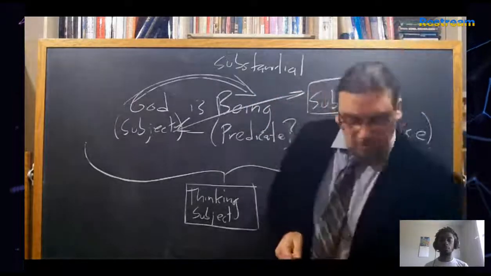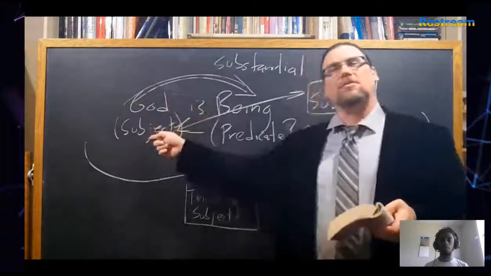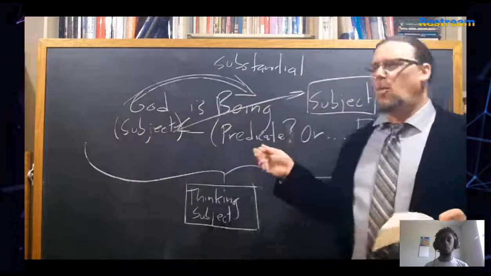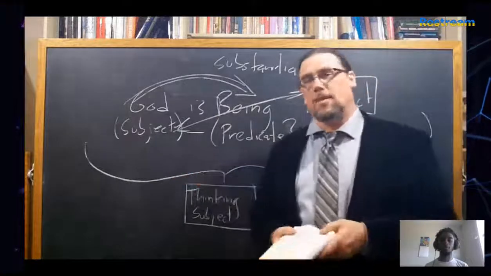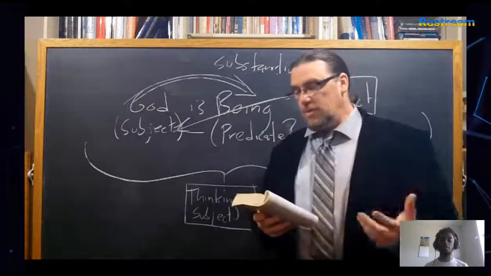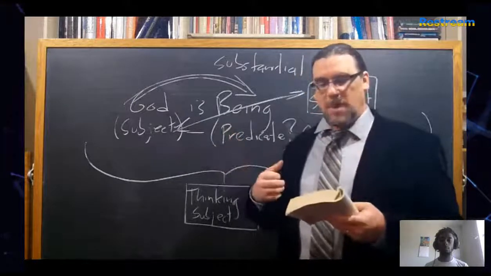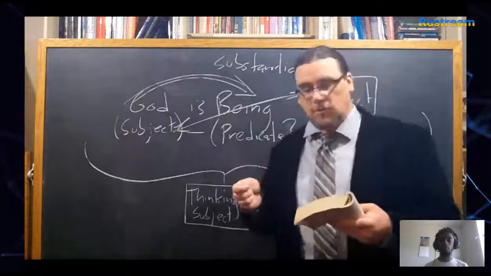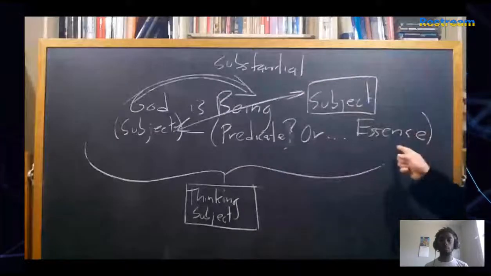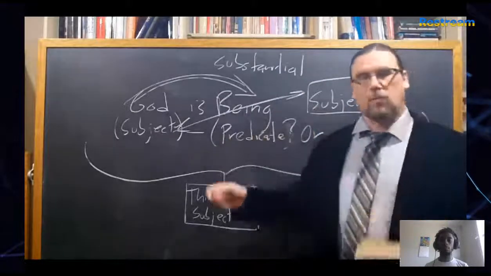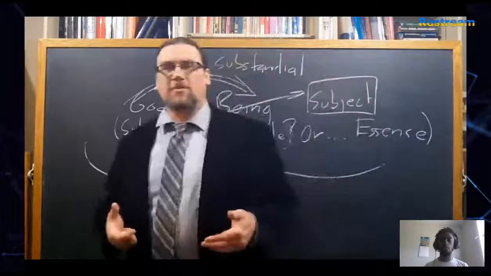Let's look instead at some other possibility. The actual, there's our subject, is the universal. Well, what the hell does that mean? Well, in this case, he says, the universal is not meant to have merely the significance of a predicate, as if the proposition asserted only that the actual is universal. On the contrary, the universal is meant to express, once again, the essence of the subject. What it is to be actual is to be universal.